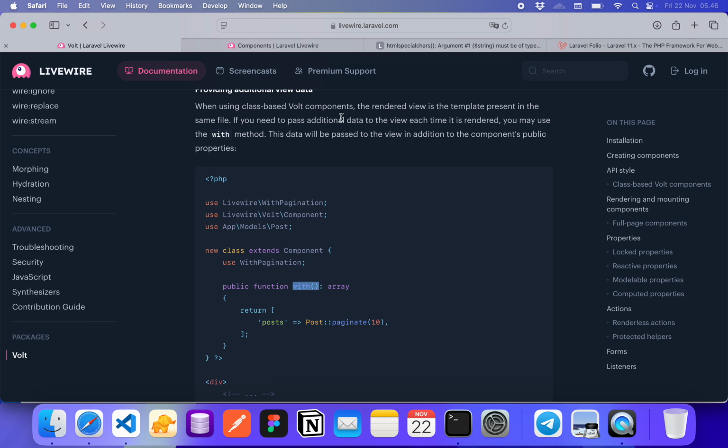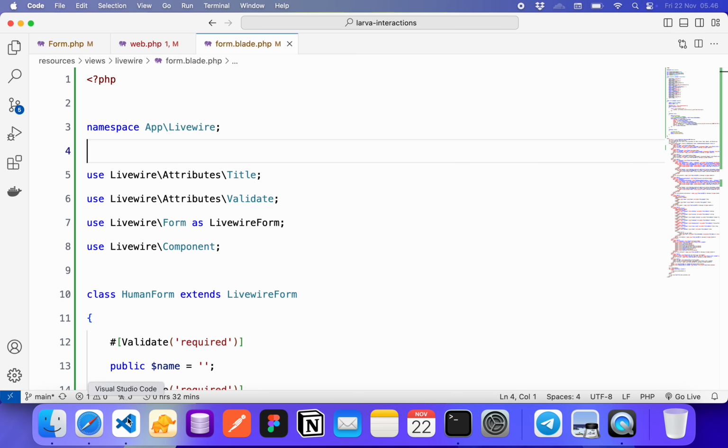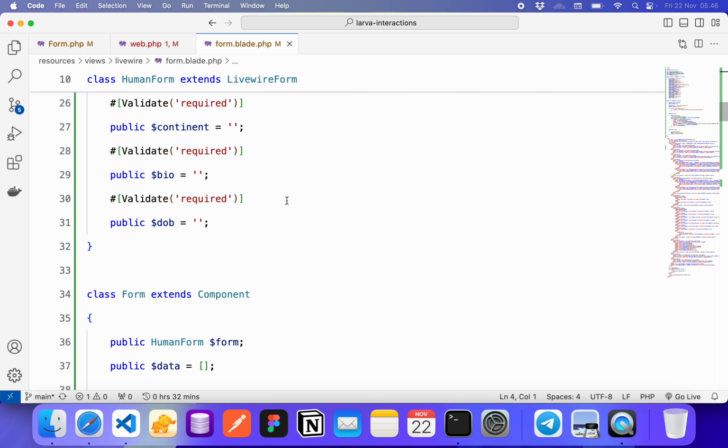If you need to pass data to the view each time it is rendered, you may use the with method. This data will be passed to the view in addition to the component's public properties. Okay, like this. So just change it